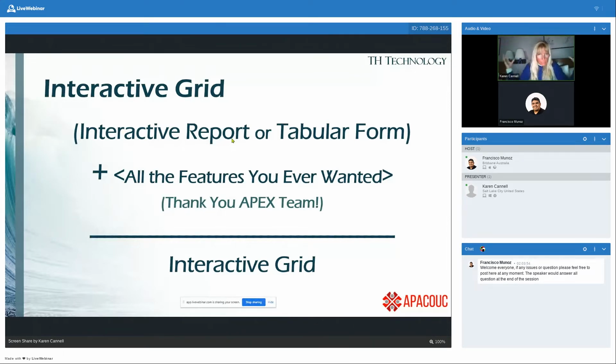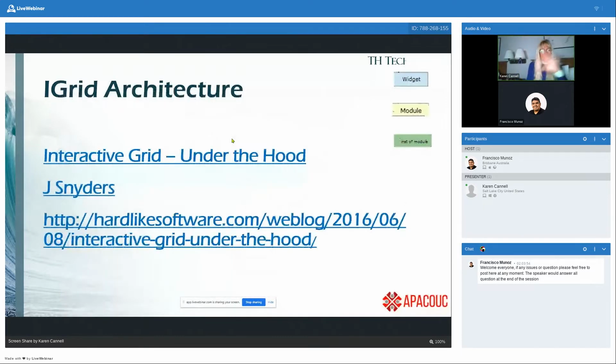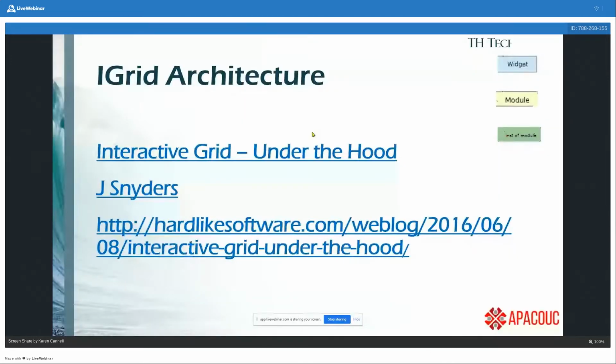And so the Apex team did, and they came up with the interactive grids. But they are not the same as interactive reports. They are not editable interactive reports, totally different structure. And if you're a geek like me and like to know about the structure under the hood, then I recommend that you read